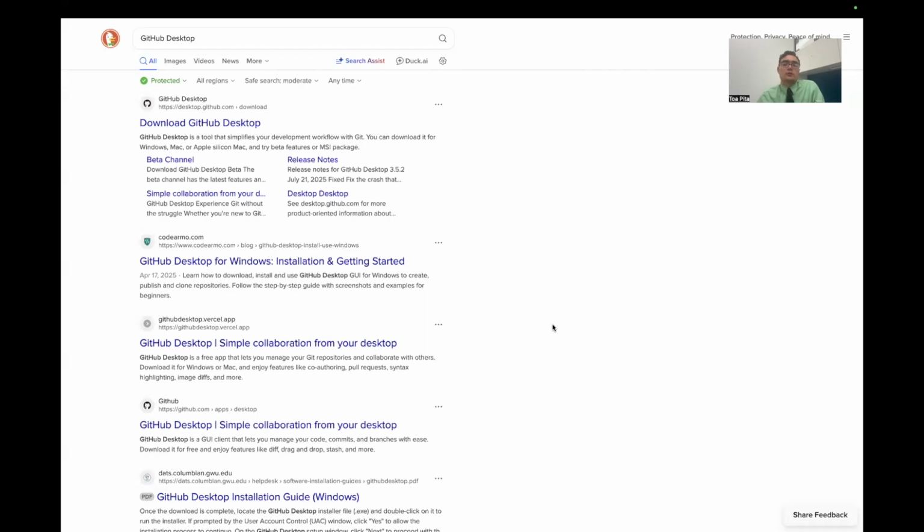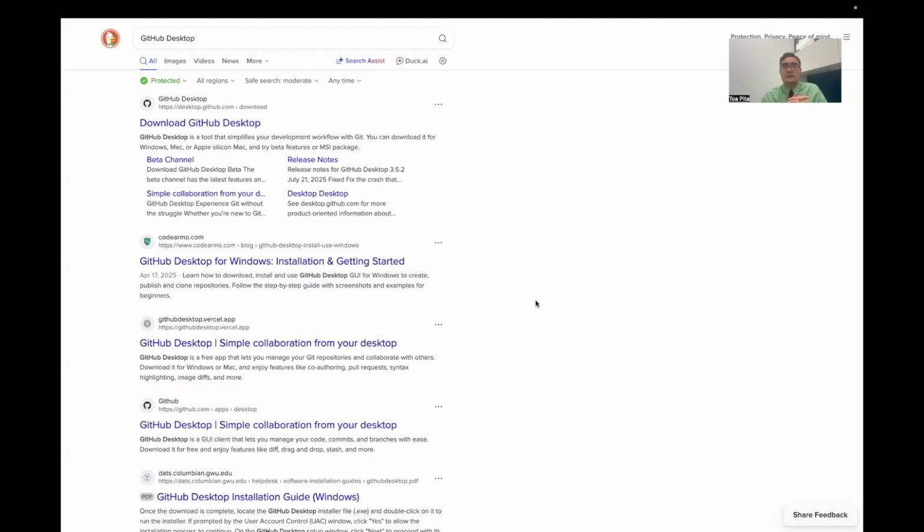Okay, so what we're going to do is we're going to install GitHub Desktop. GitHub Desktop makes a lot of Git commands easier because you don't have to memorize how to interact with it in the terminal. You can exclusively interact with Git from the terminal, but it can be complicated if it's your first time. So what we're going to do is we're going to use GitHub Desktop, which gives us a